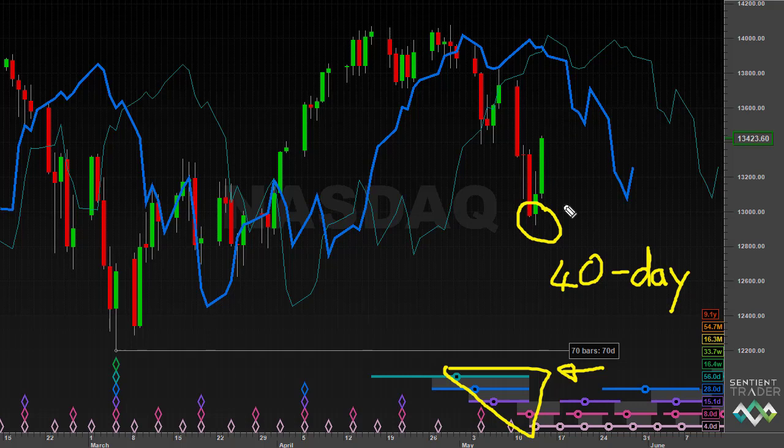And that is why we constantly keep in mind the number of bars that have elapsed. In this case, 70 days have elapsed since the most recent 20-week cycle trough, which was also an 80-day cycle trough and, of course, a 40-day cycle trough. How many days have elapsed since the most recent 40-day cycle? Because within 70 days, there must already have been at least one 40-day cycle trough.